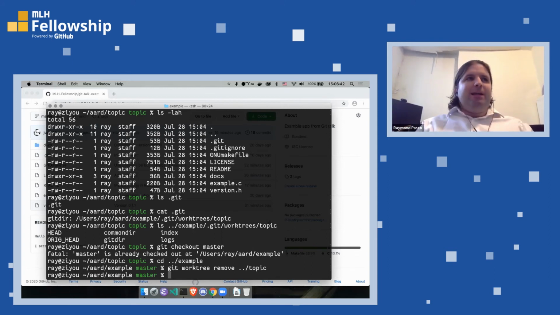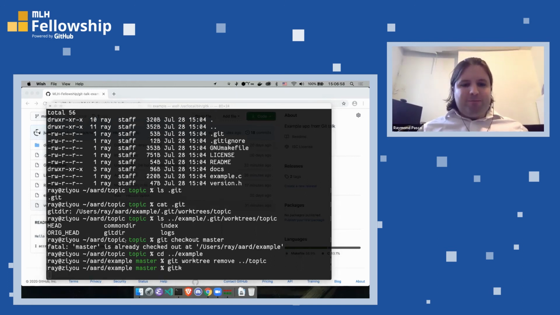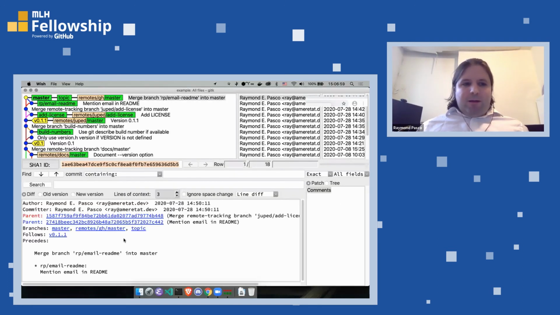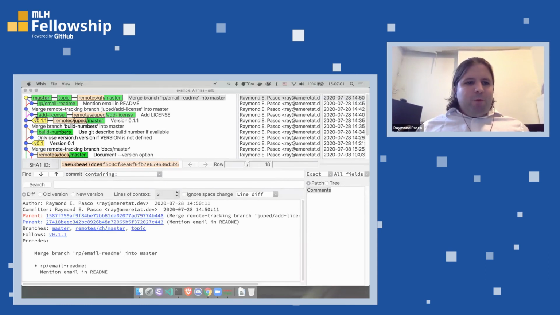Okay, the next topic is actually merging. So I did mention this in part one. I'm going to mention it again. I mentioned it earlier today, actually. Merging is a fundamentally three-way operation. What does that mean? What that means is,